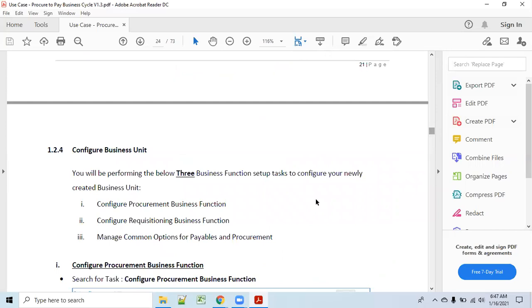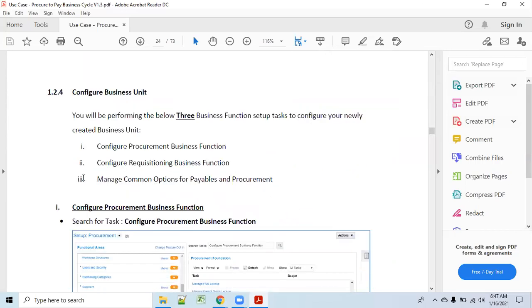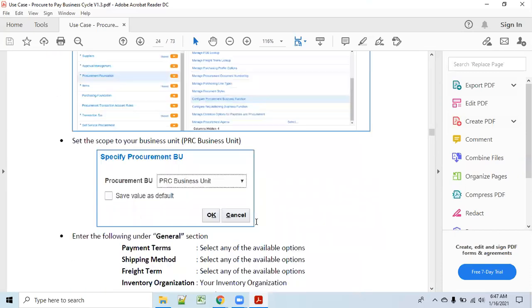BU also. Next one is common options for payables and procurement. This particular setup will be used for procure to pay, when you have to pay the money to the supplier against your goods. So you have to set up these common options for payables and procurement.